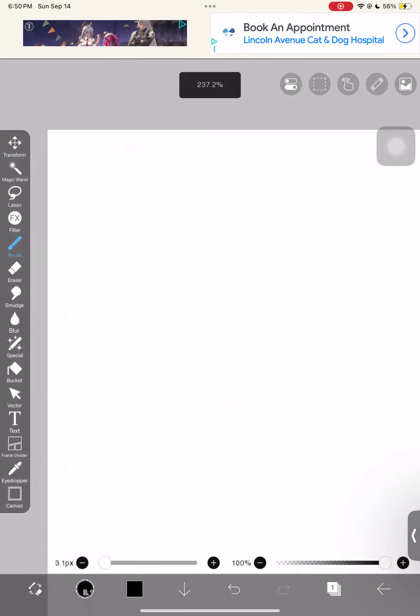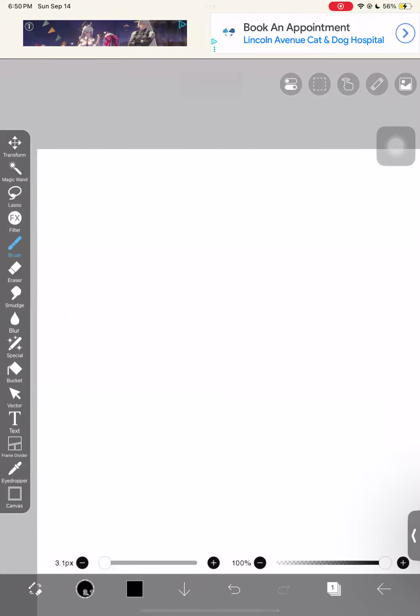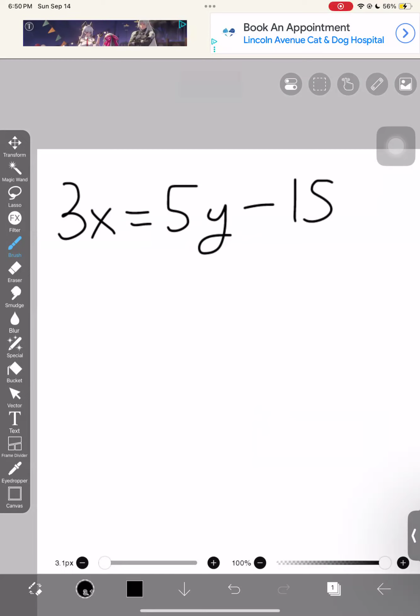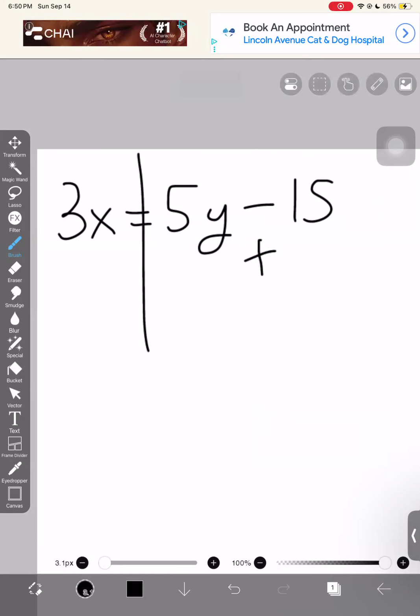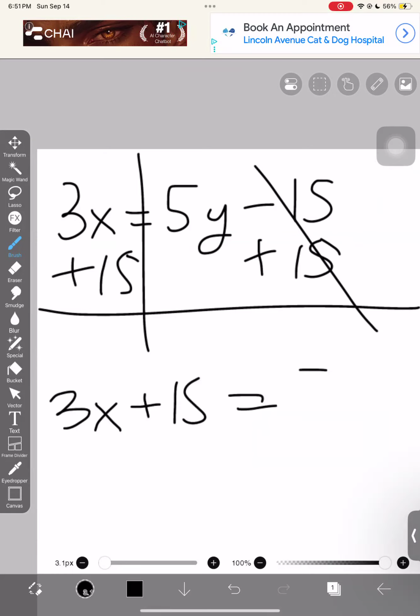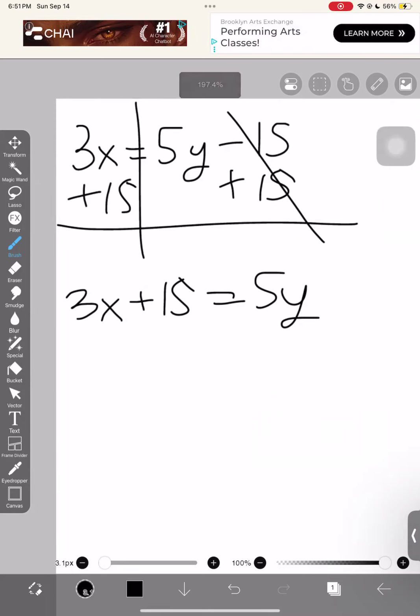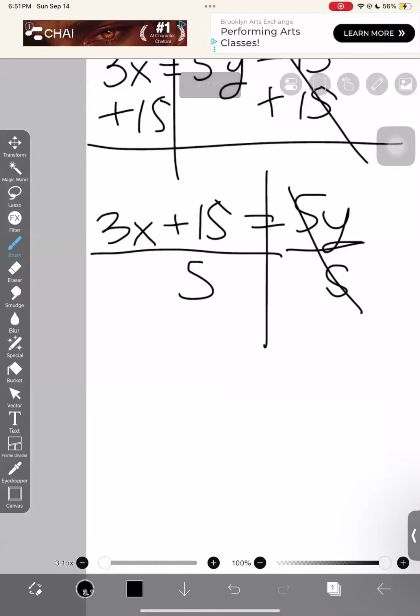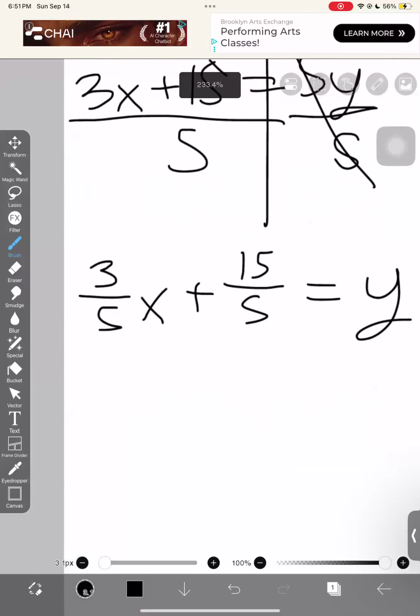So sometimes the questions look a bit different. So something like this. I want y by myself, so let's do plus 15 on both sides. That cancels out. And we get 3x plus 15 is equal to 5y. All right, we divide by 5 on both sides, and we get 3 over 5x plus 15 over 5. Right, we could simplify, and we get